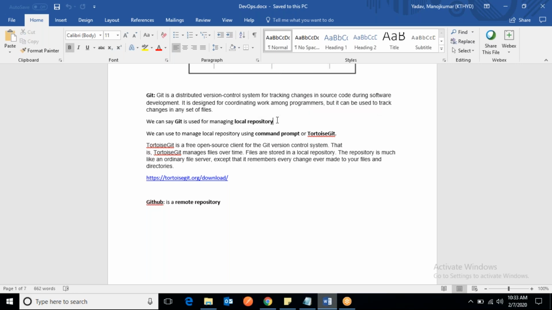We can utilize different commands of Git using the command prompt or Tortoise Git. You can install Tortoise Git from here. It's very straightforward; you can download and install.